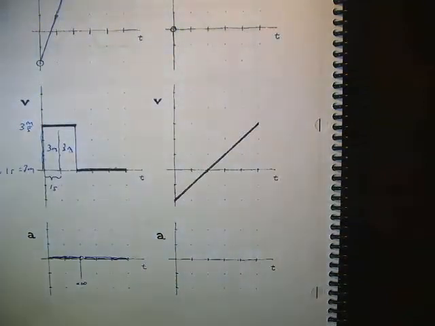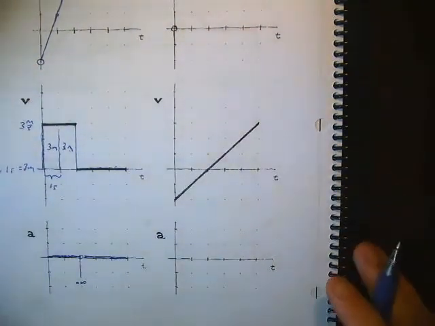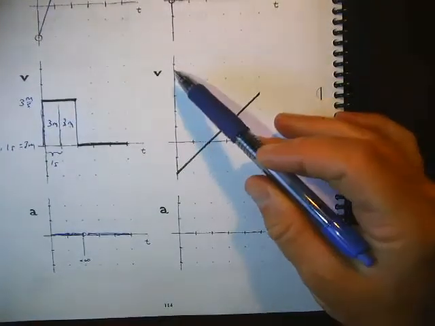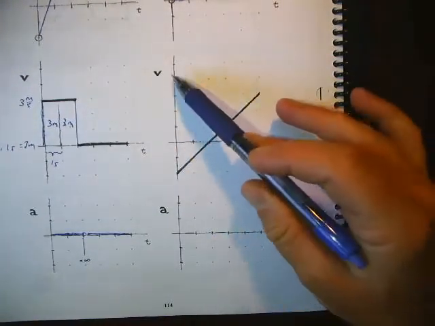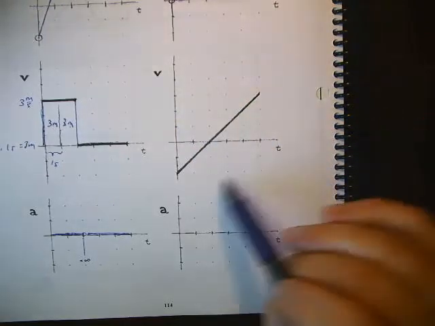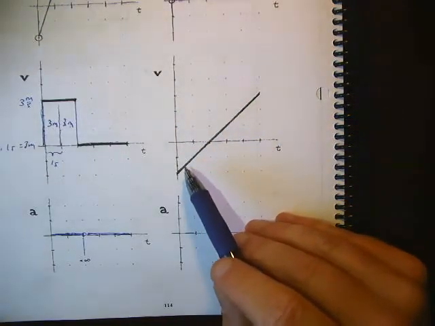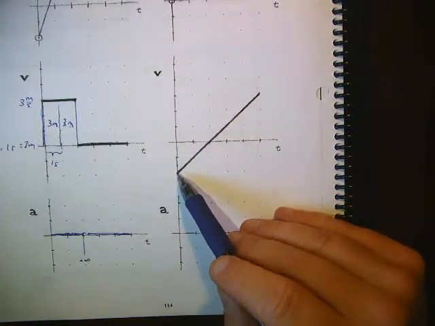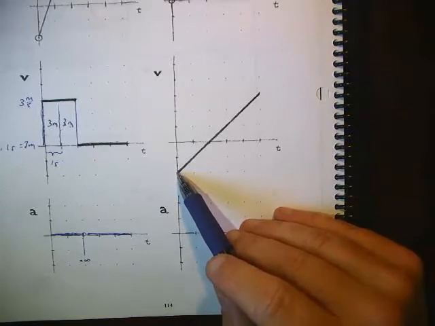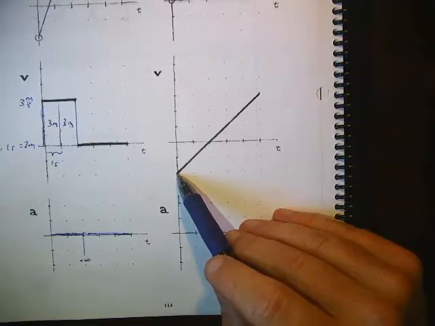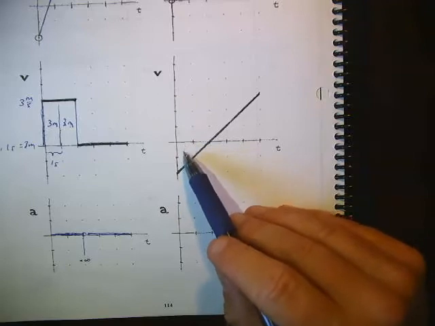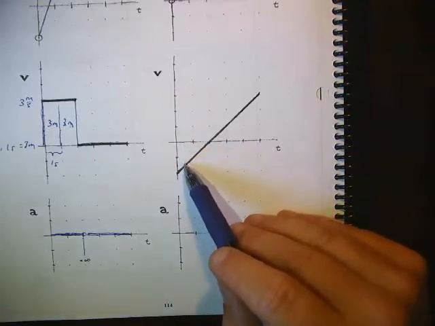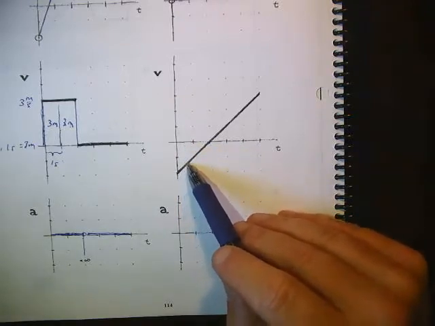All right, now for the good stuff, we get to our first interesting one. So what you notice here, again, we're being given a little story about what the velocity of something is as time goes by. Just to orient ourselves, at the beginning, when t equals 0, whenever we start our stopwatch, this thing has a velocity of -2. So it's moving backwards. And as time goes by, it continues moving backwards. The reason I know it's moving backwards is because the velocity is negative, but it's moving backwards at a slower